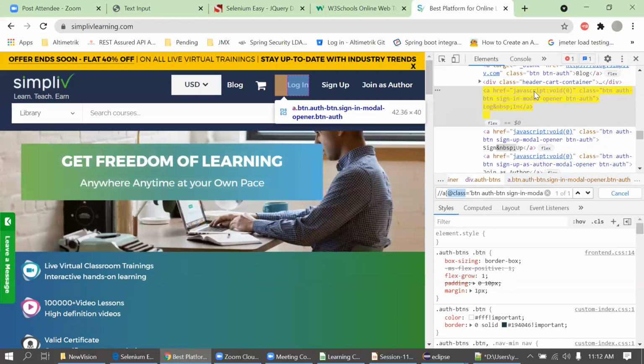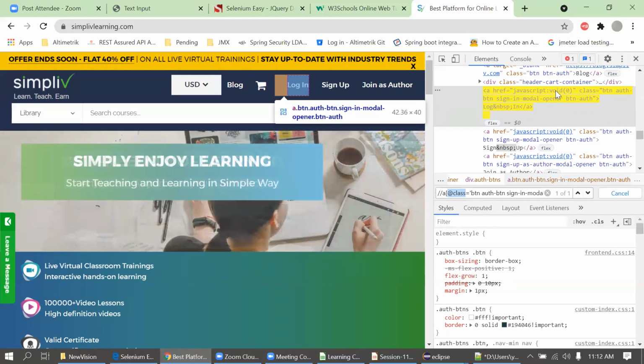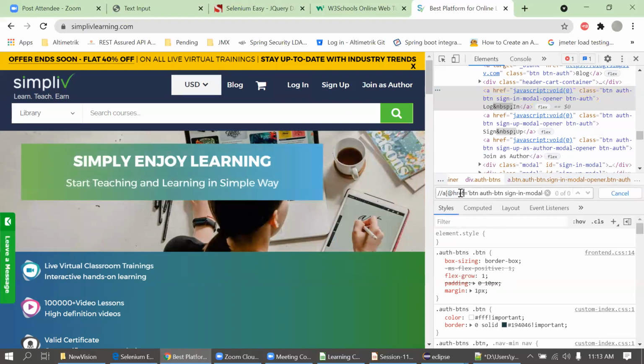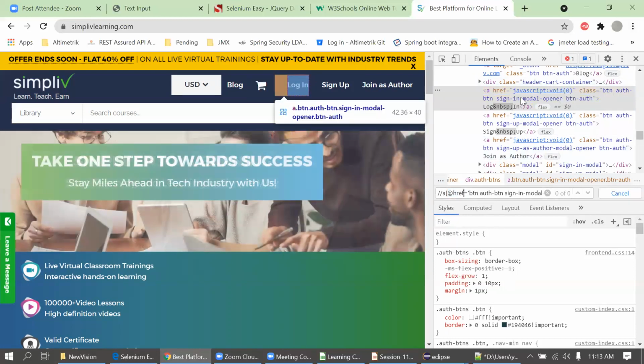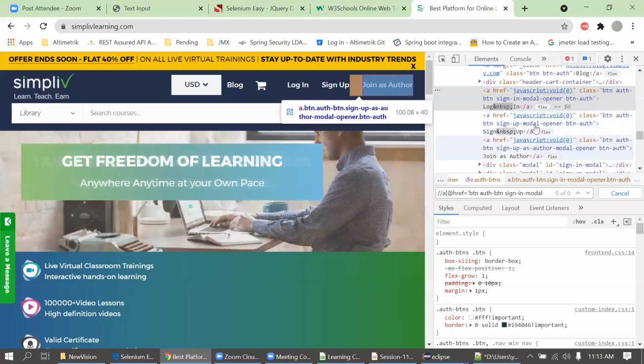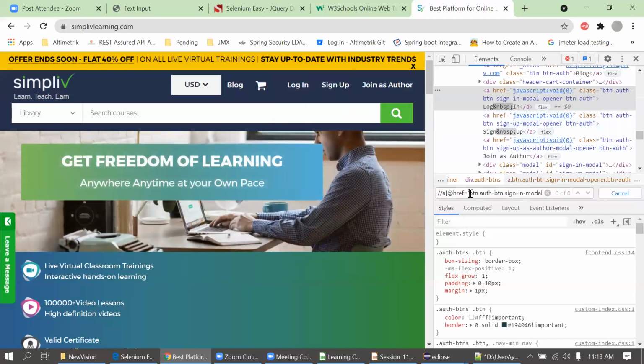This is not unique now, so I'm not using that. If that is unique, simply you can go for the href as well. You just put this href link. In this case, we cannot use it because it's not unique. You can see here also JavaScript void 0, again we are seeing multiple links, so it's not unique. So this is the relative type of XPath. Yes, we are using double slash. It's relative.